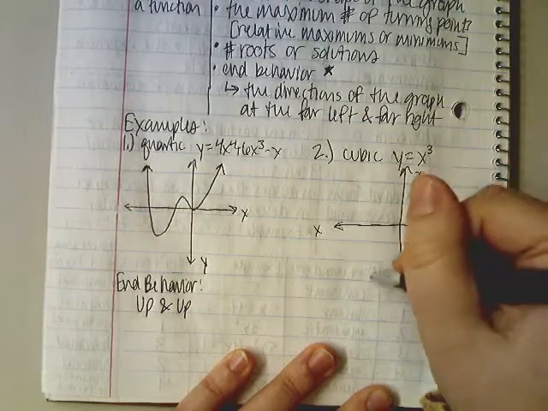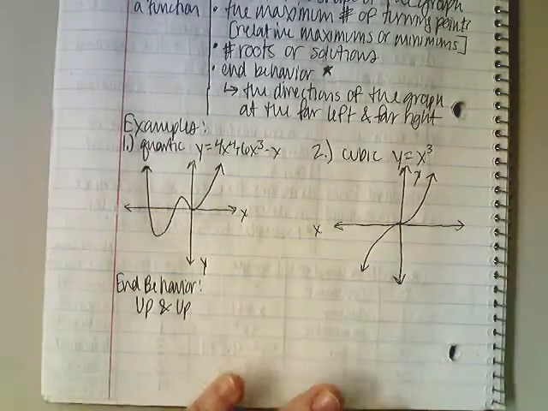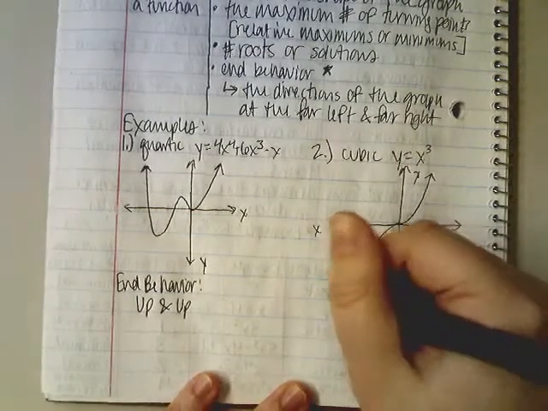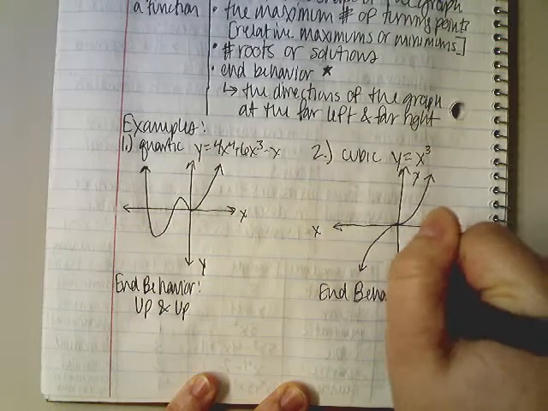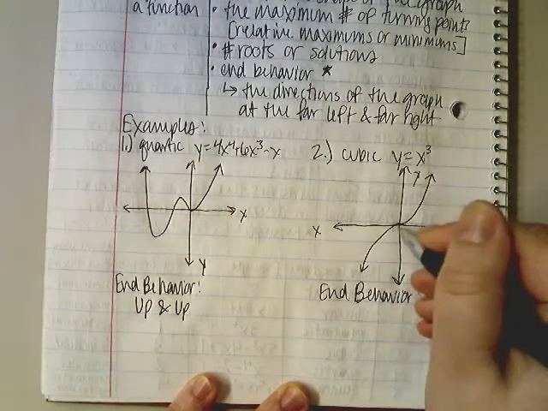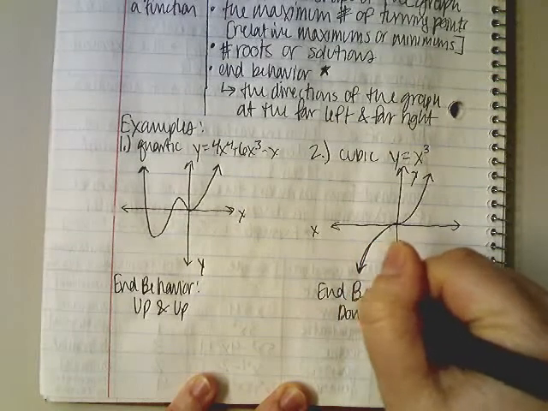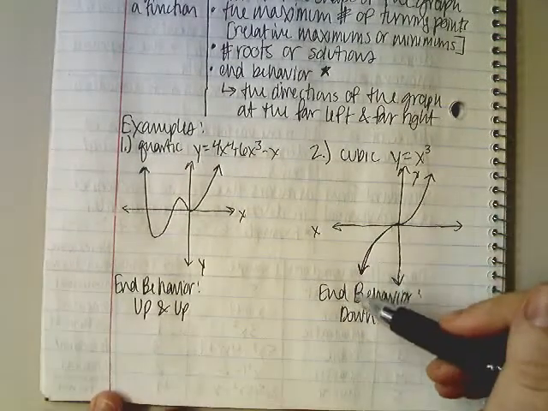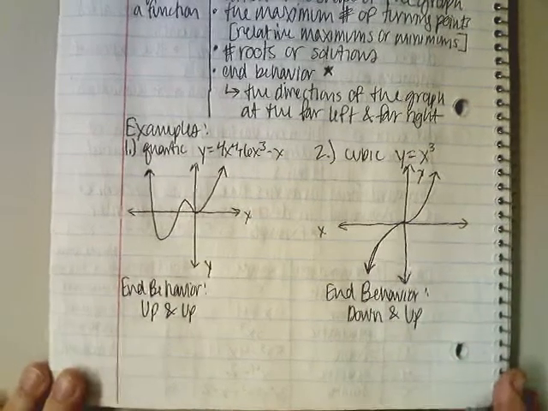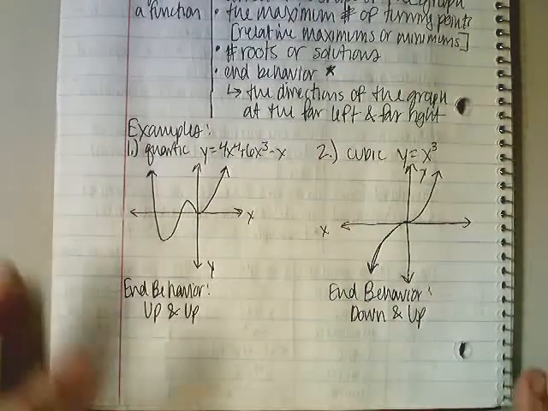If we have a cubic function, it could look something like that, or it would look something like that. In this case, our end behavior would be, since this one's going down forever in this arrow, it's going to be down and up. So these are opposites in this case. So our end behavior to the left is down, our end behavior to the right is up. I'm going to flip the page for a couple more quick examples and then the rule that we can follow